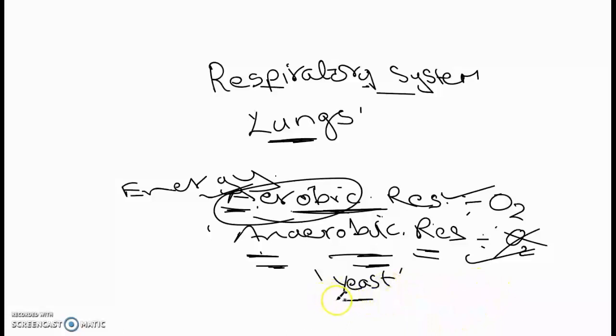You put grease or oil on top of the glucose solution, so that paraffin wax is put on top of the glucose solution, so that atmospheric oxygen doesn't dissolve in the glucose solution. And after 1 or 2 days, you see that it smells like ethyl alcohol, because yeast cells have performed anaerobic respiration.